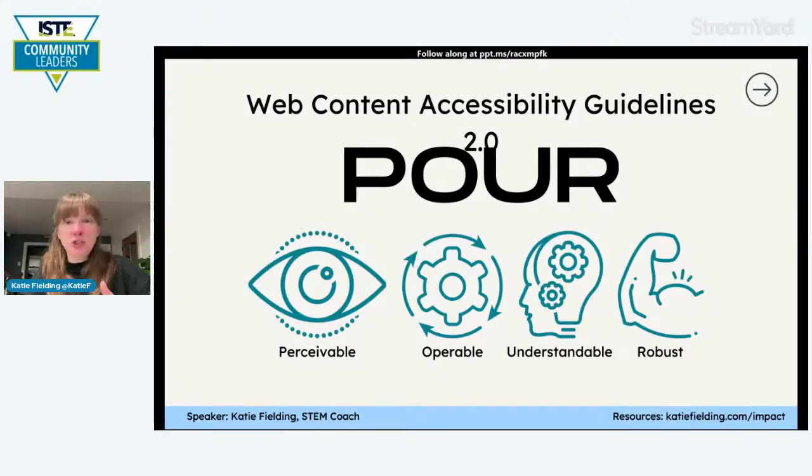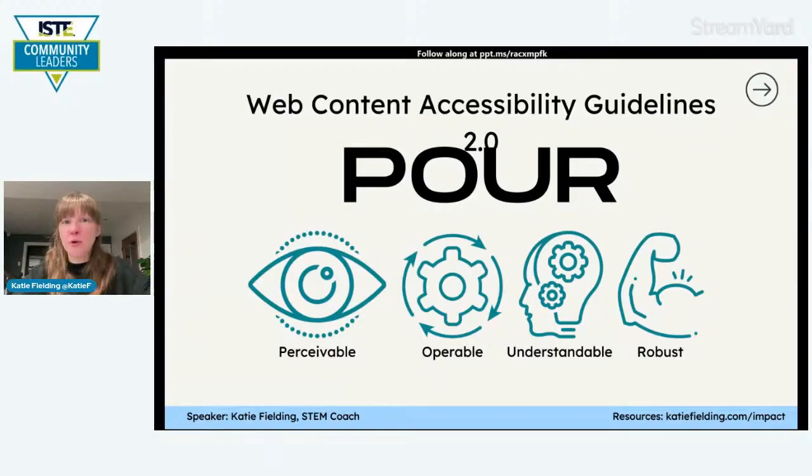Now, as teachers, we don't have very much control over that last one. That's really going to be left to our IT department to pick the right tools that are going to have a robust structure, so that we are picking tools that can use screen readers, that can use any of the other assistive technologies. That one's up to them. But we as educators and content creators, because all educators are content creators, we really have control over that perceivable,